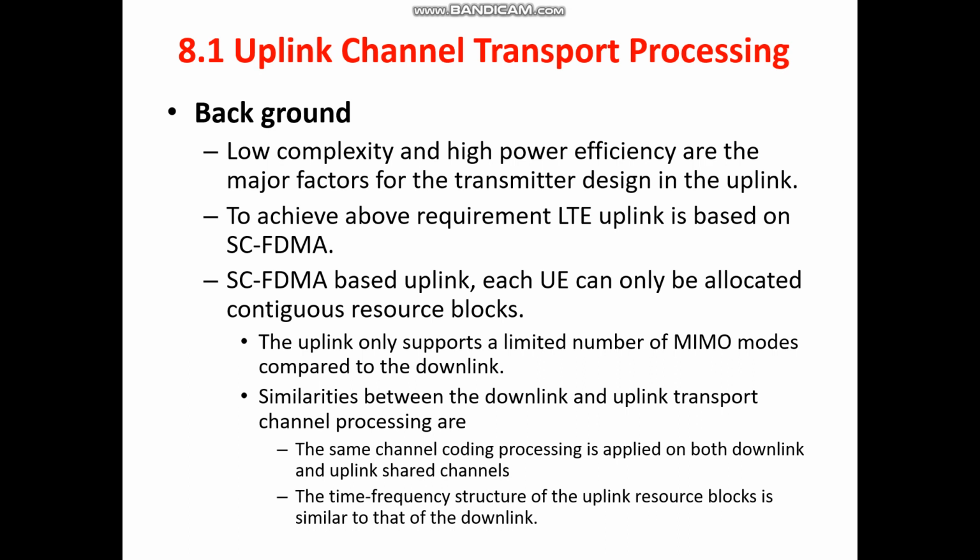That means continuously 180 kilohertz will be allocated for different users with 15 kilohertz as the subcarrier frequency. Likewise, the complete bandwidth might be allocated for a particular user in a continuous frequency allocation manner. The uplink only supports a limited number of multiple input multiple output modes compared to the downlink,